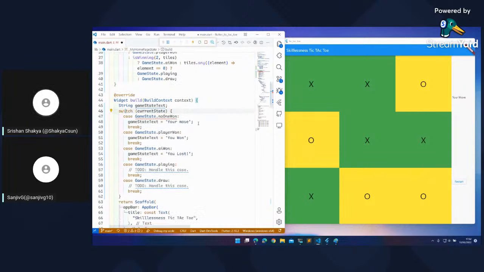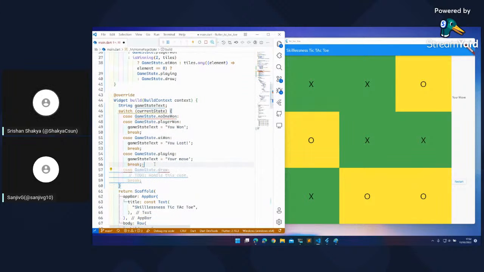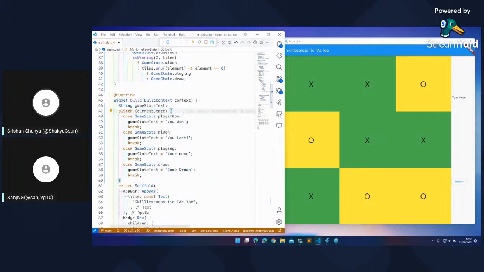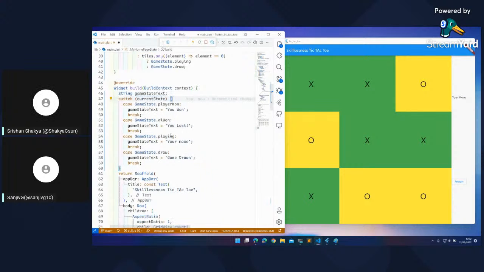Add missing case clause, and then if it is playing, then we will do your move. If the game is already completed, then game state text equals to game drawn. Game was a draw. And this no one won is no longer valid.